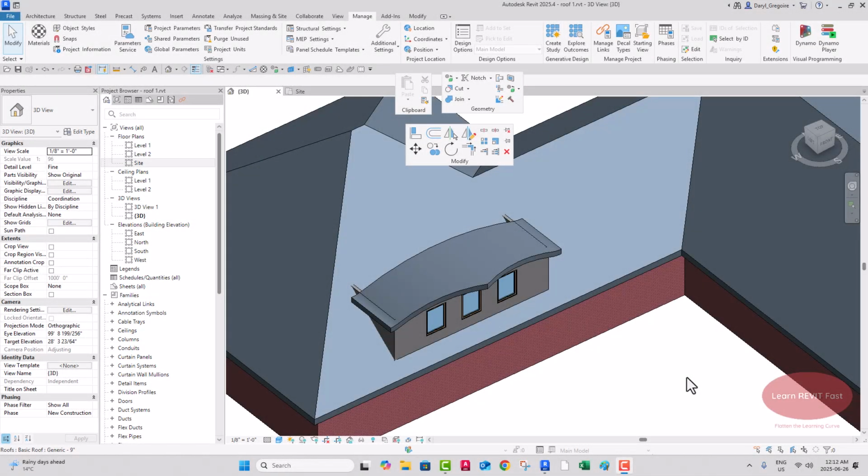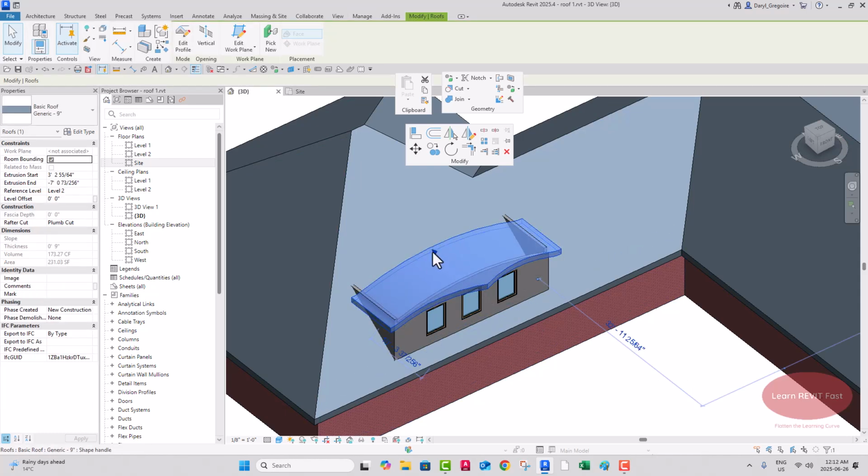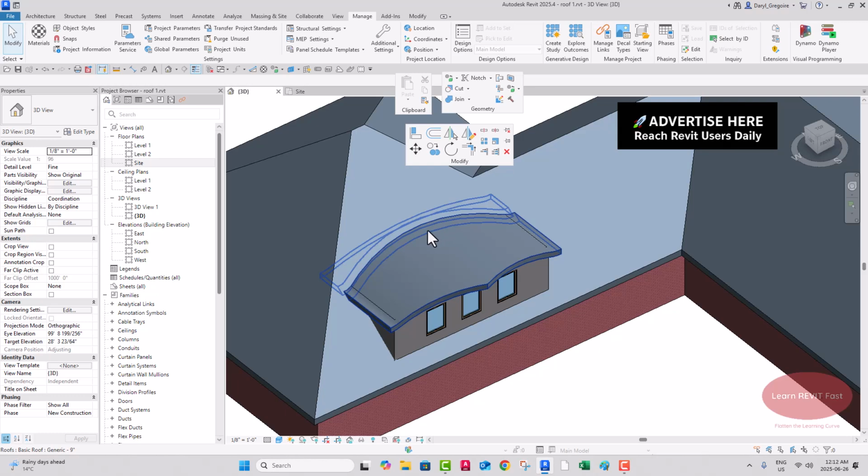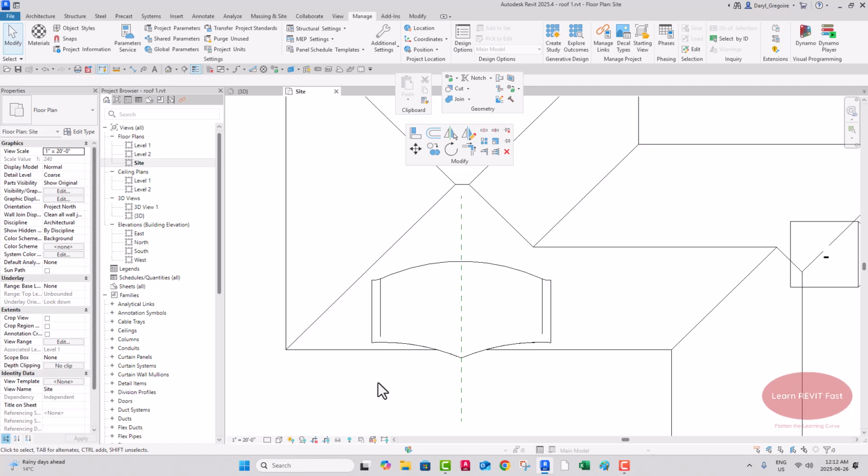All right, we're going to continue with our eyebrow dormer roof, and where we left off, we grabbed this grip and we kind of pulled this through, and we used our join geometry to get that arc line there. So I'm going to go to my site plan, and what I'm going to do is,